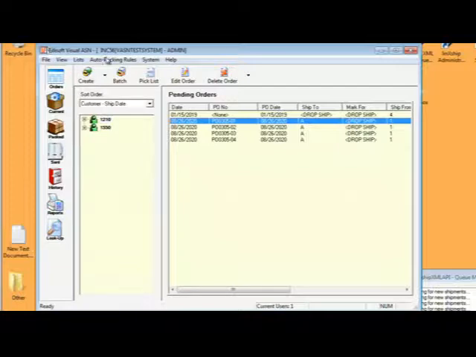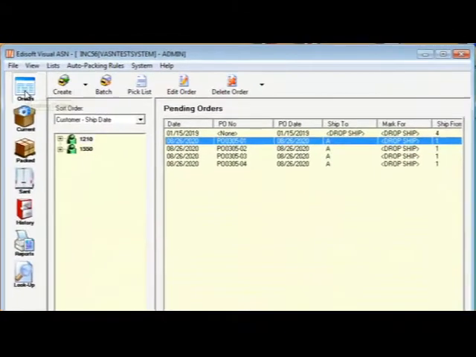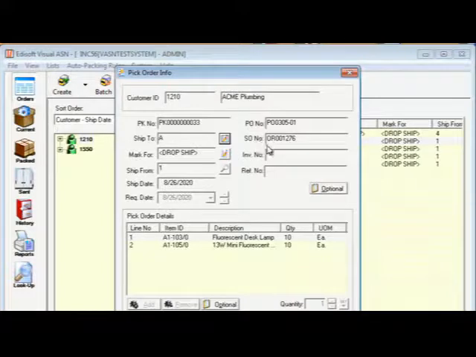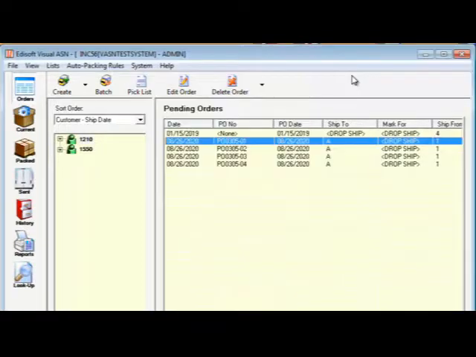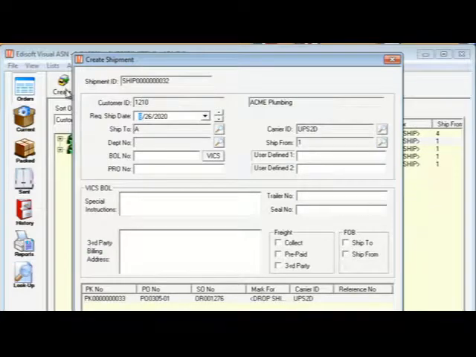So we start here in Edisoft Visual ASN on the Pending Orders tab, where we have several orders already synchronized in from ACPAC. For example, we have sales order number 1276 here with a couple items waiting to be packed and shipped. We can start by creating our shipment in Visual ASN,